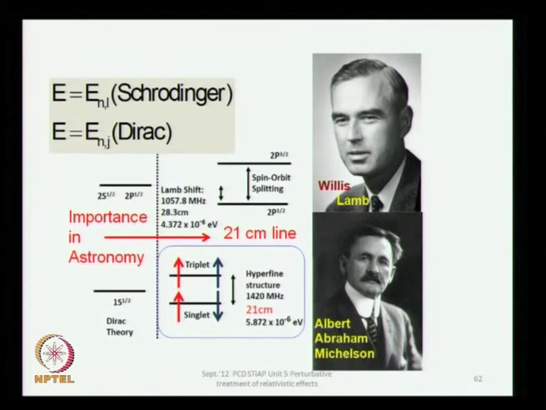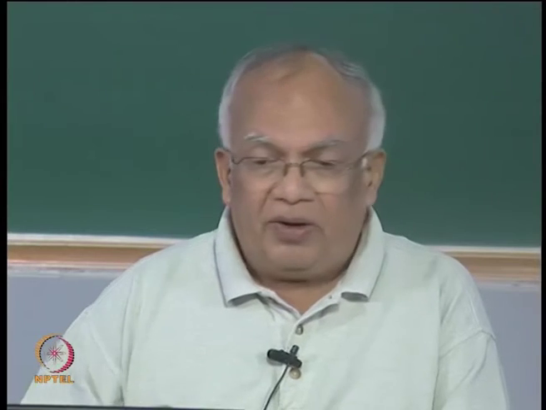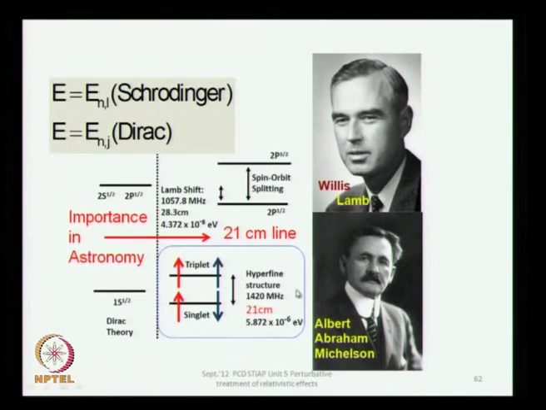Sorry? Yeah, that is part of the reason, but there is more to it. That the charges are opposite is part of the reason, it is not the whole story. So, the singlet triplet splitting is of the order of 10 to the minus 6 electron volts, and it gives you a transition. This energy difference corresponds to the 21 centimeter line, and this line is extremely famous in